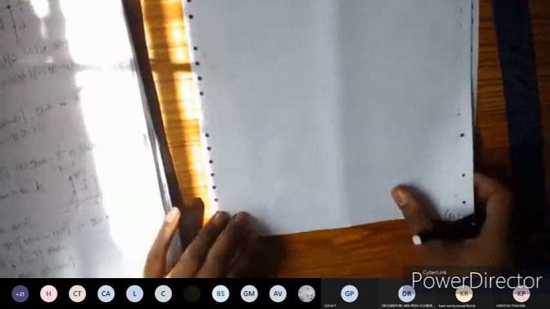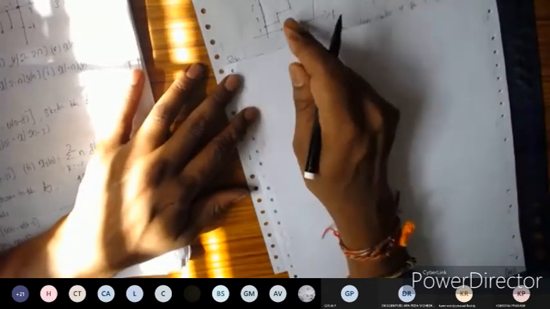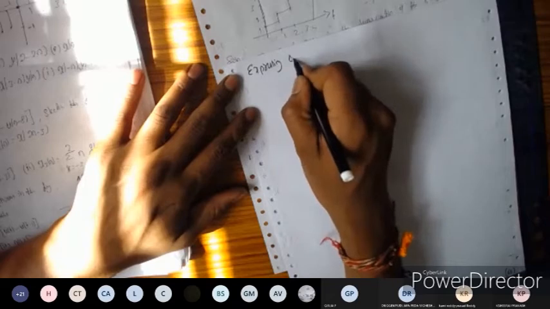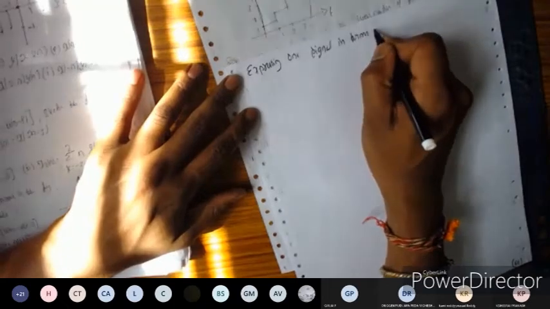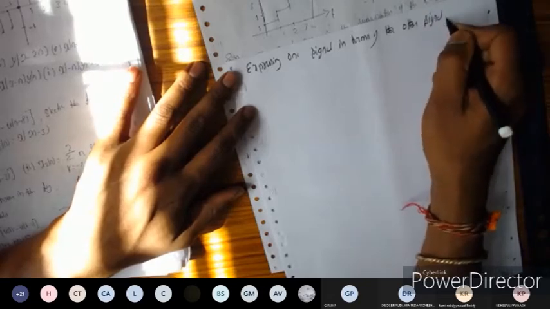All right, so take the problem. This is a different kind of problem, and I'll explain the concept in the problem itself. These are very important problems; plenty of times they have been asked in the exam. The concept is expressing one signal in terms of the other signal. This concept is very important and very interesting.